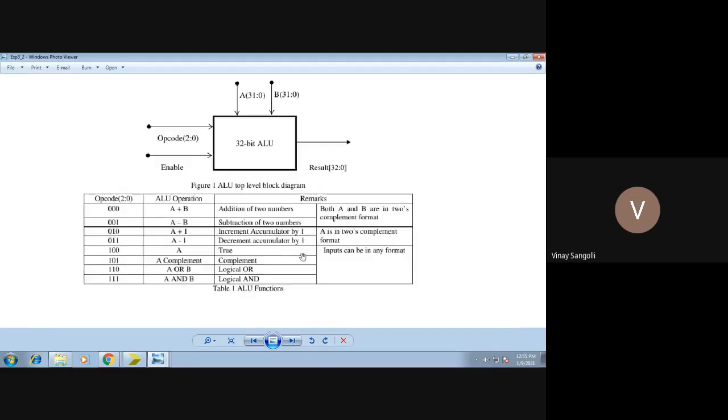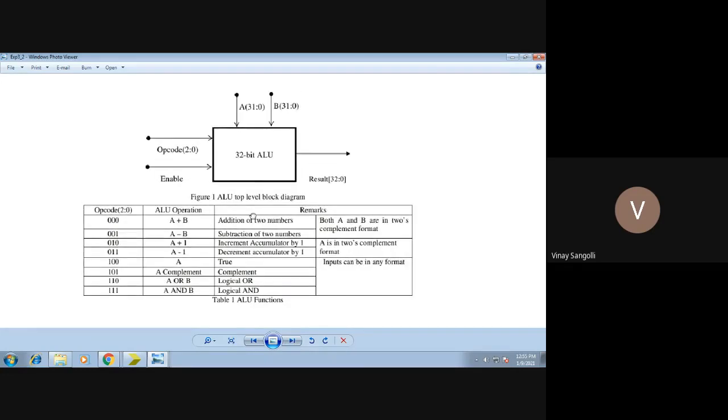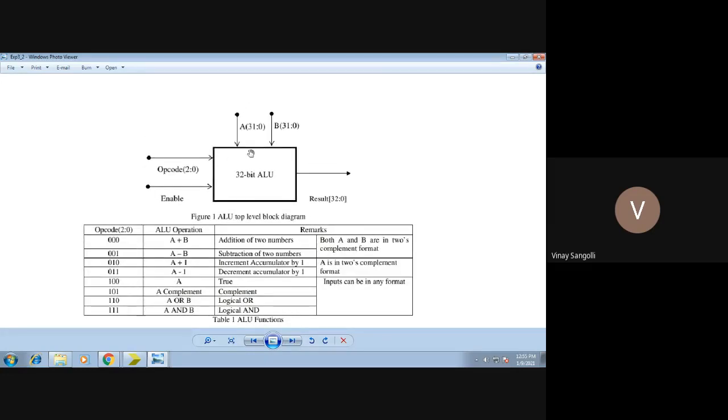Okay. So this is how your ALU would look now. The desired thing is we should do a 32-bit ALU. That's why in the figure they have given you 31 down to 0. Next, you have an opcode. Opcode is nothing but like select lines, very similar to the select lines of the multiplexers. Based on a particular opcode, we'll be selecting a particular operation.